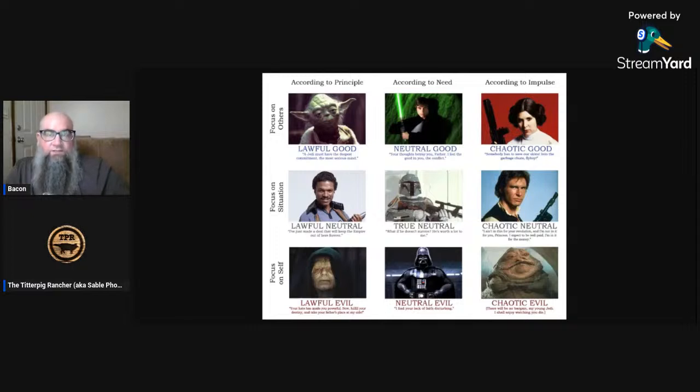Referring back to what I said at the start of the stream, if they have character traits that shape the story at large, then that is where they belong on this chart. And I think that you nailed Lando beyond the shadow of any doubt. I think he is lawful neutral to a T. I think him and Boba Fett are arguably the strongest on this chart. Yes. Well, and Yoda. Obviously Yoda.